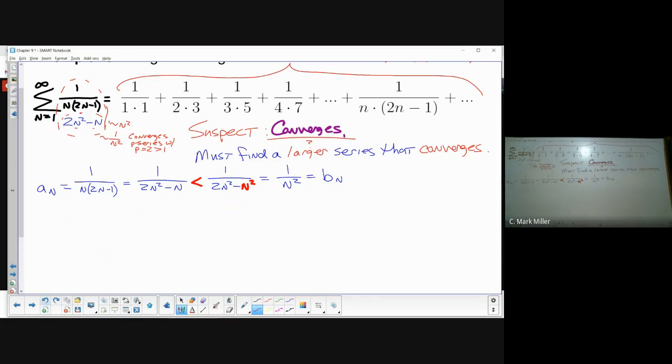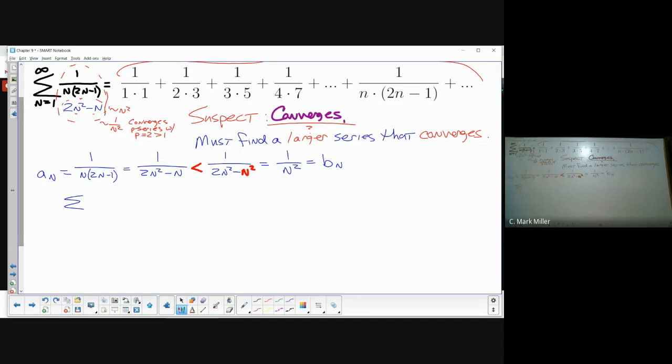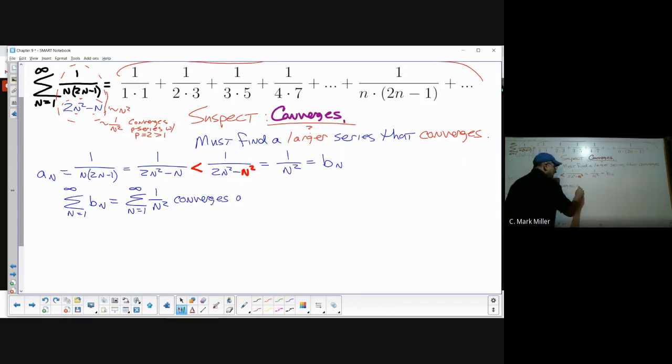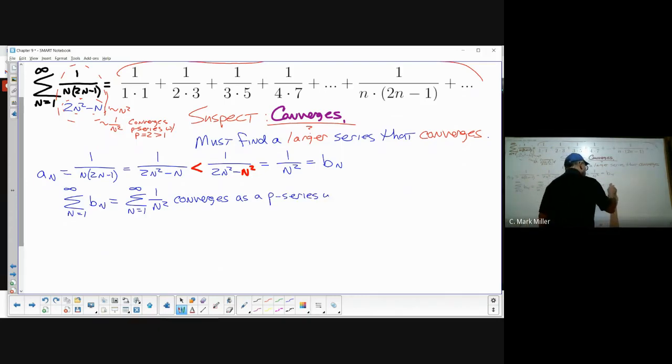All right. So now, sigma bn. You don't have to do that, just for clarity. This converges as, how many times am I going to say this? As a p series with